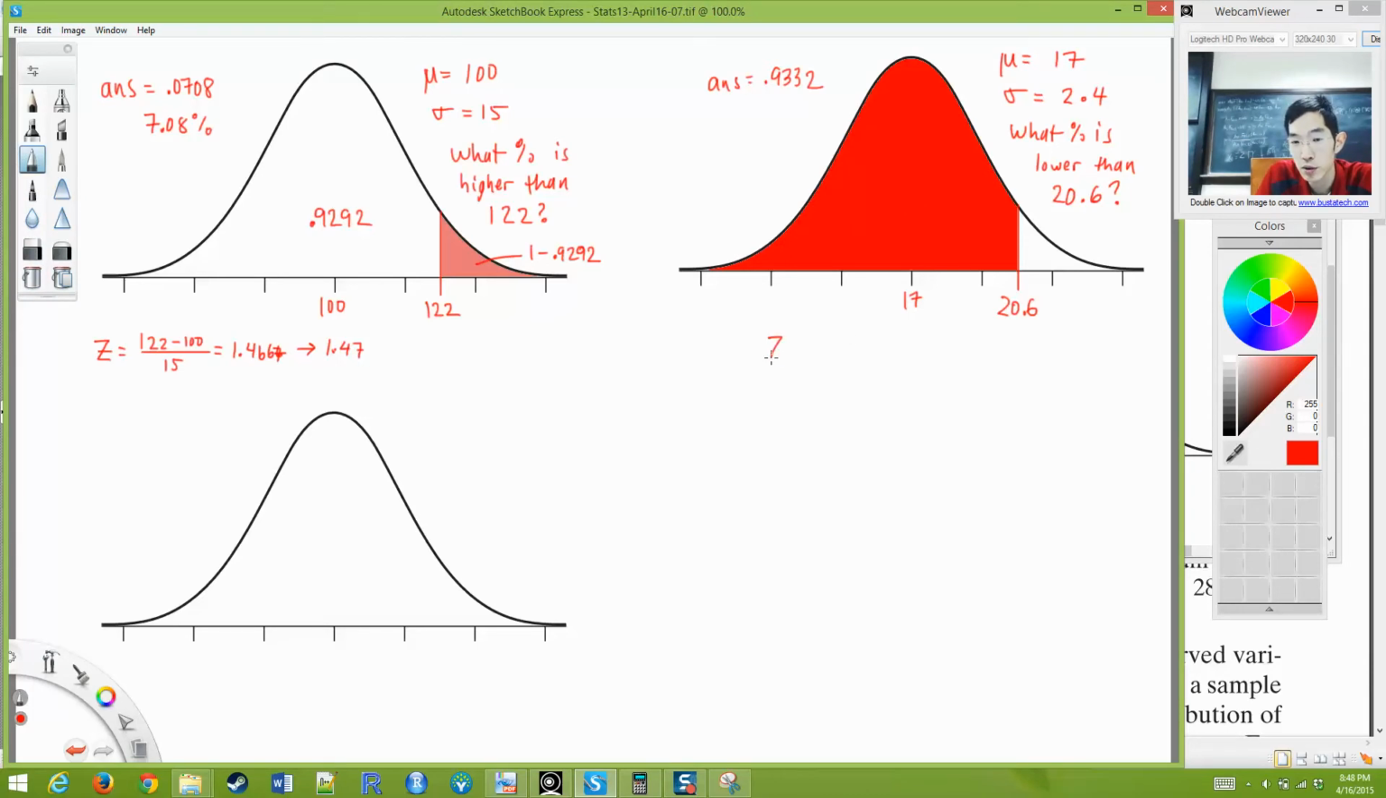So we turn this into a z-score. 20.6 minus 17 divided by 2.4. We get a z-score of positive 1.5. We look that up in the table. Look up z equal to 1.5 in the table. The table gives us the area to the left, which is what we want, and we get our answer is 0.9332. Is that okay? All right, why don't we